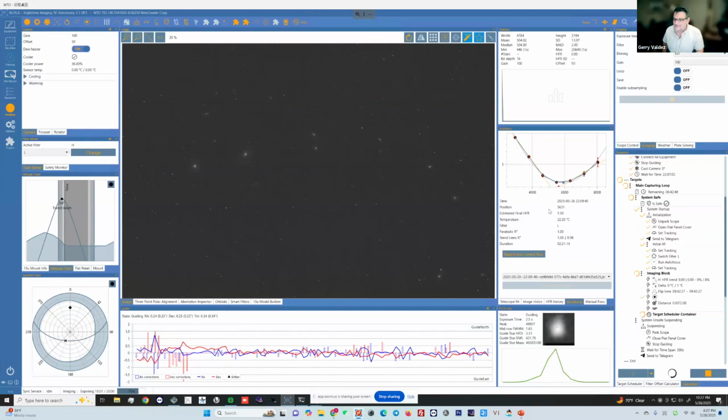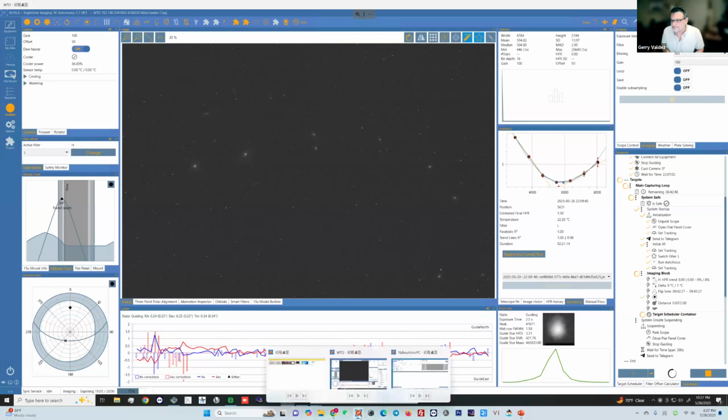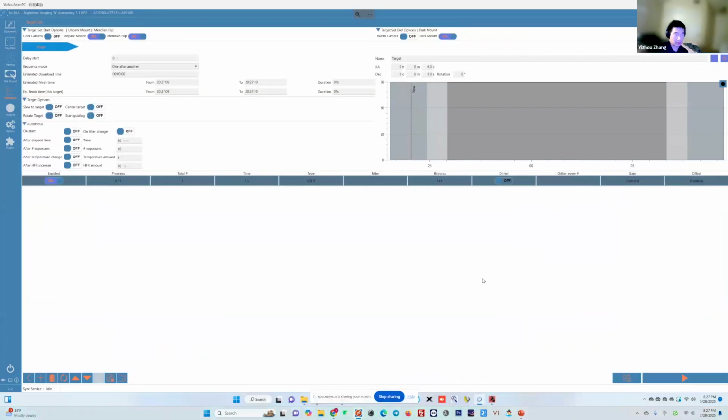Go ahead. So I will first want to show one thing that maybe not touched upon by other people yet, is that I saw that most of us, the presenters today, are in the advanced sequencer, which is very powerful. It is one of the reasons I started looking to N.I.N.A and switched to N.I.N.A. But I also want to point out to those of you who maybe just started on this astrophotography